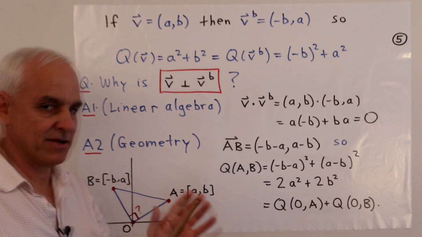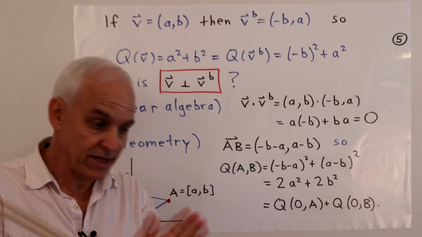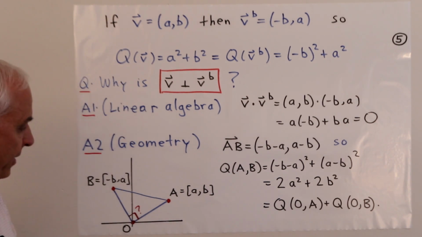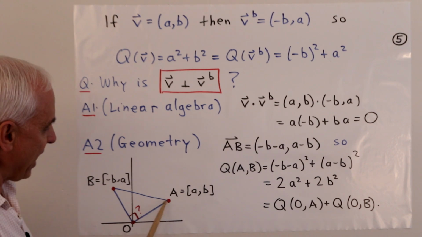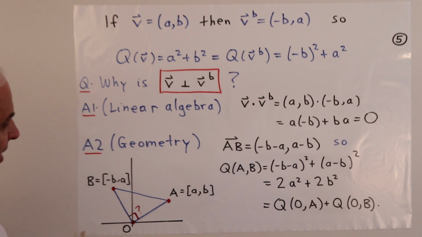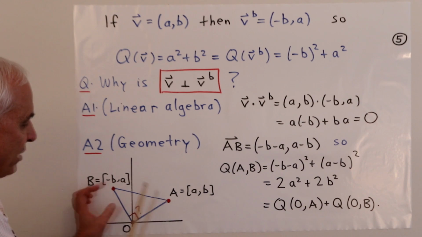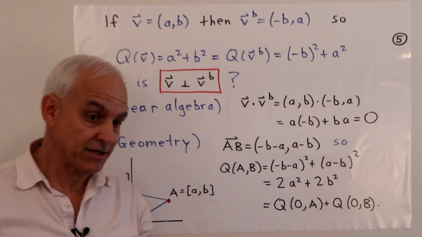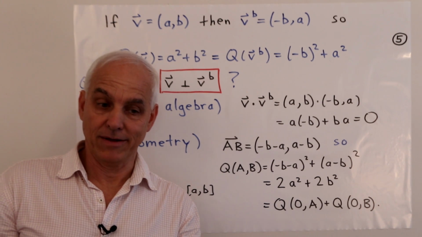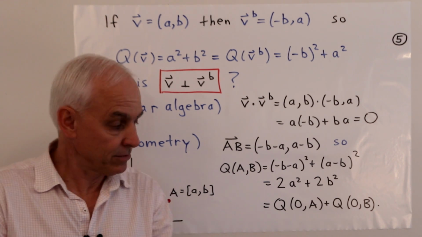How about if we haven't seen dot products in linear algebra and we just want to rely on traditional geometry? How can we see that these two vectors are perpendicular? Well, let's just have a look at the points. So here is the vector v ending at the point (a, b), emanating from the origin. And here's this vector v super b, which is emanating from the origin and getting to (-b, a). So let's just consider this right triangle for a second. And how do we detect perpendicularity? Well, we detect it by using Pythagoras' theorem. Right? That's the way perpendicularity manifests itself in geometry.